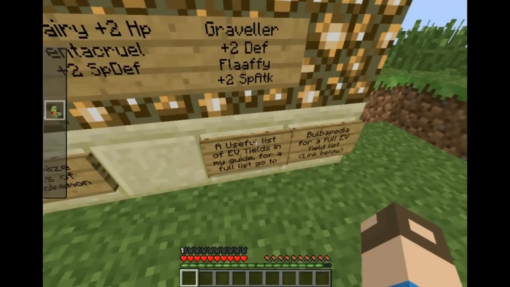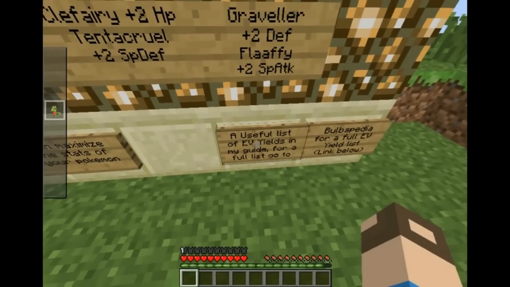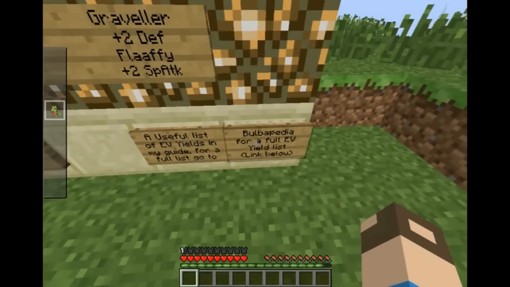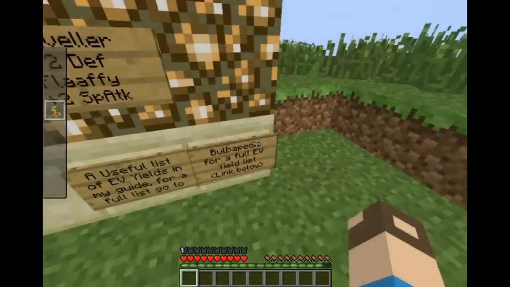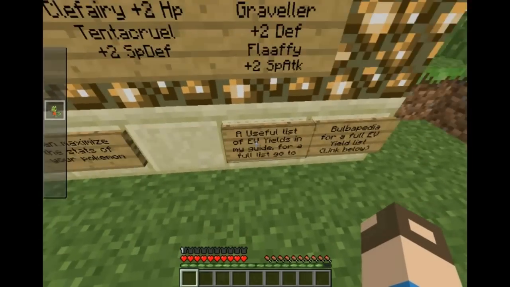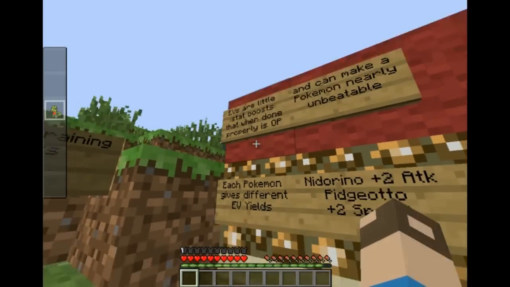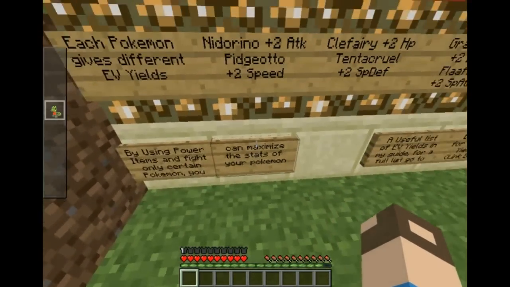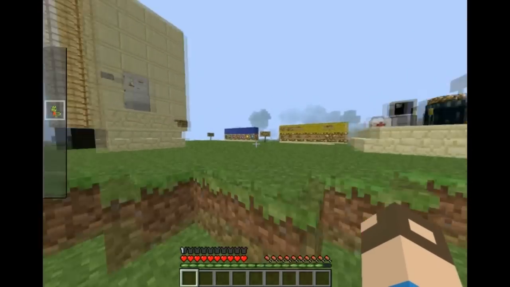Now, in my guide, I've included a useful list of Pixelmon that spawn in-game already that give different EV yields, and I'll also include at the bottom of the video a link to the full list of effort value yields on the Bulbapedia page. Now, EV training is done by fighting select Pokemon while holding certain power items. And by doing that, you can maximize the stats of your Pokemon. By that I mean,